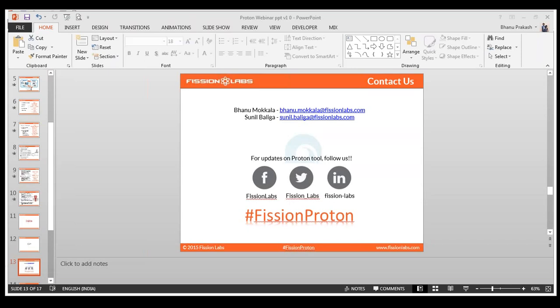And I have one more question: what max load can be tested using the Proton tool? It depends on what kind of requirements you have. From the Proton tool side, there is no limitation. But from your application under test, it depends on the application's capability, like how much load it can withstand.